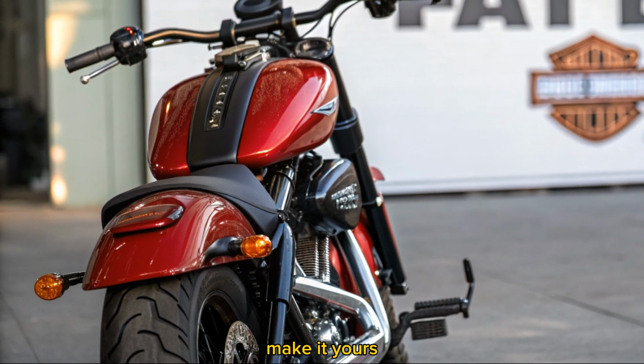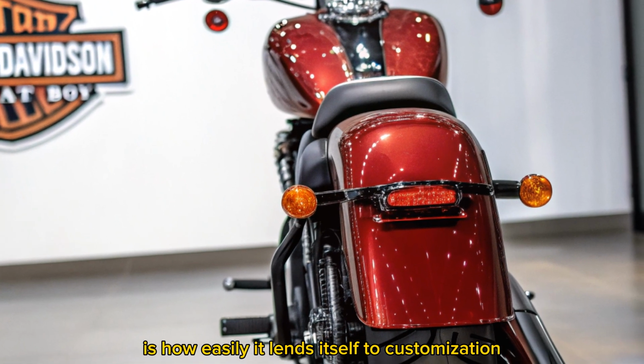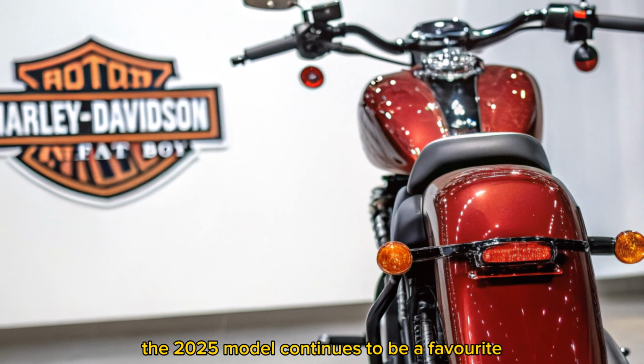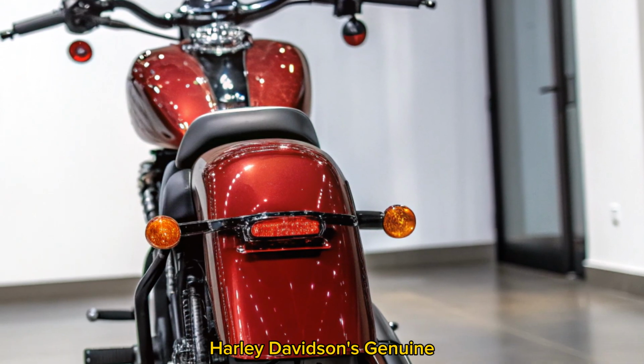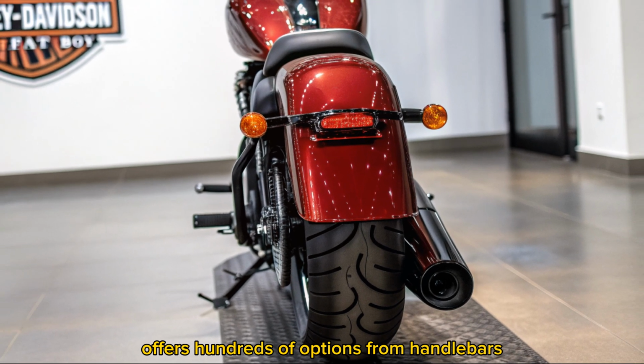Customization potential: make it yours. One of the biggest appeals of the Fat Boy is how easily it lends itself to customization. The 2025 model continues to be a favorite among custom builders and riders who want to make their bike truly theirs. Harley-Davidson's genuine motor parts and accessories catalog offers hundreds of options, from handlebars,